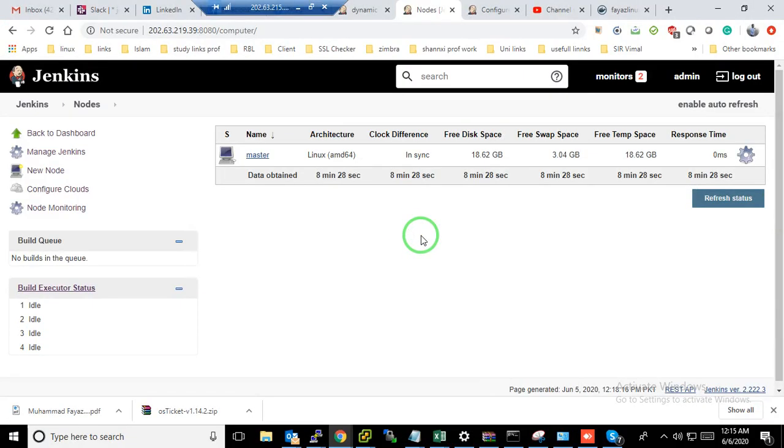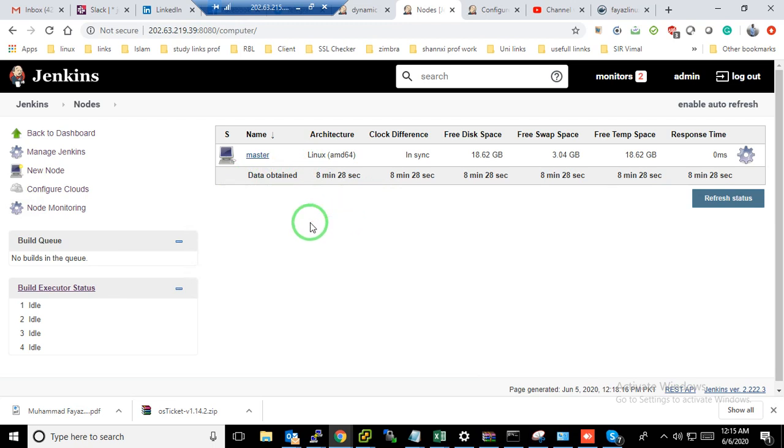Today I want to teach you about the Jenkins dynamic cluster. In my previous video I told you about the static one, where we add the static node permanently in the Jenkins cluster. So whenever we want to run a job from Jenkins on our slave node, it will run on that node, which is permanently added here. You can go to my previous video on the static cluster in Jenkins.